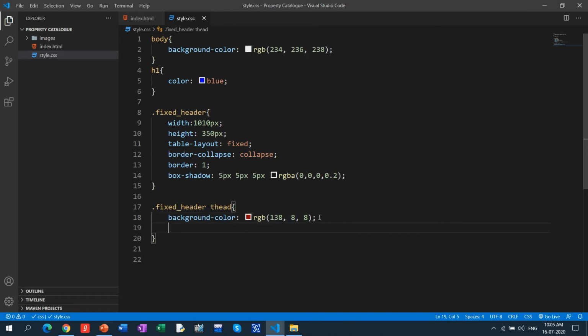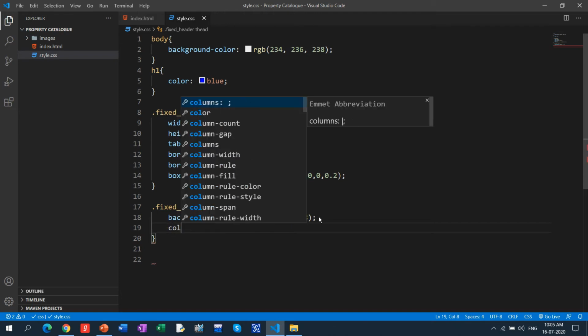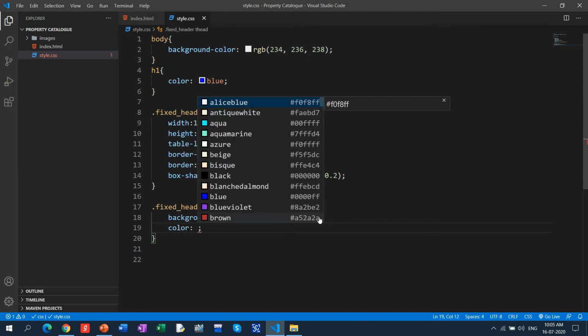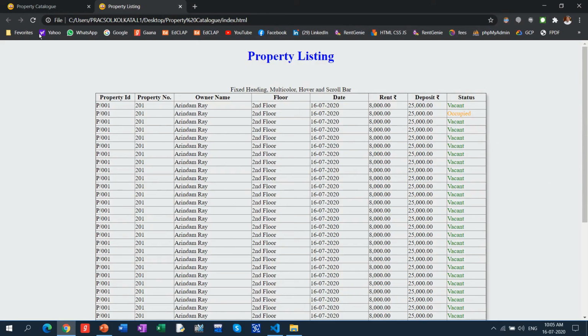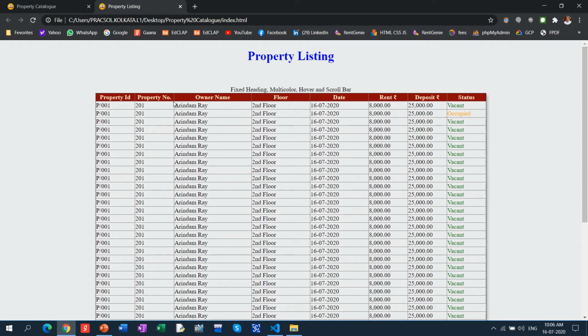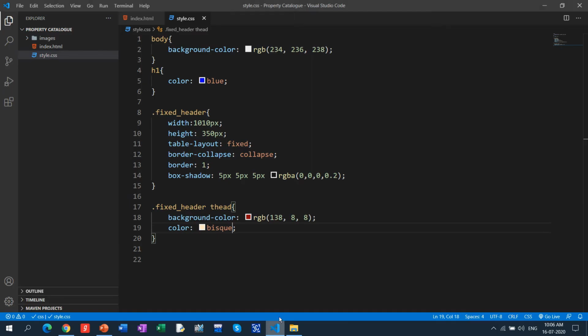Okay, so this is the background color, and once we put this dark background color, obviously the foreground color has to be a light color. I make it white or light. Once we do that, immediately see the color property has changed, and the shadow has come down, and the font color is light. Now it looks nice, right? That is the heading done.